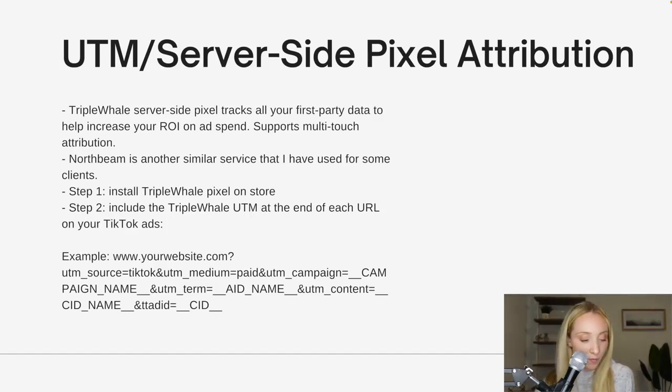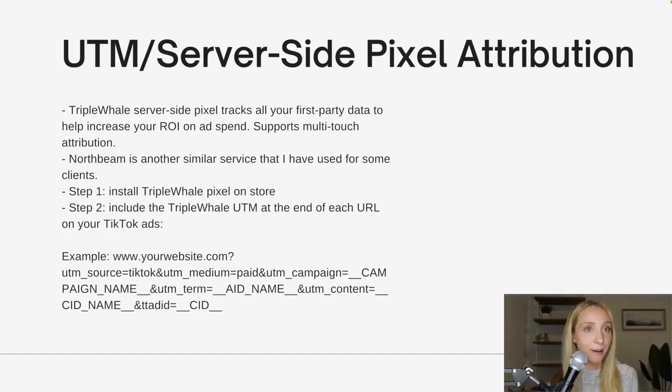But essentially, what it will do is you will add a UTM to the end of all of your TikTok ads, as well as install the Triple Whale pixel on your site. And it will help pull in more data to Triple Whale, which is the reporting dashboard of how many purchases and your ROAS coming through on TikTok. So I found this to be such a great additional data point to what I'm seeing on Inquire, especially because this supports multi-touch attribution. So I can see the journey of a customer. Okay, they came through on a TikTok ad, then they later purchased from Facebook or Google,